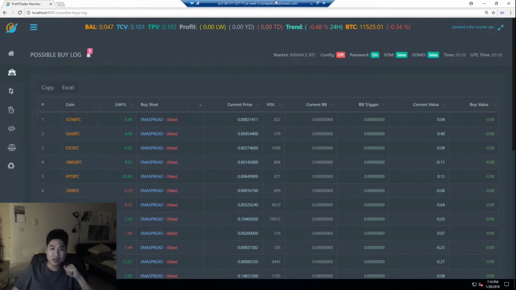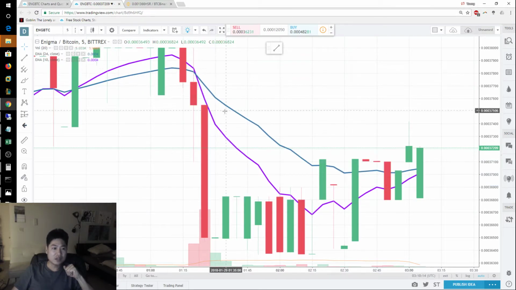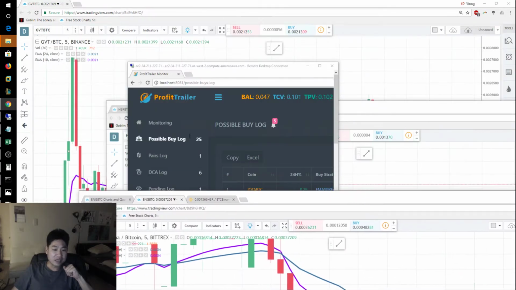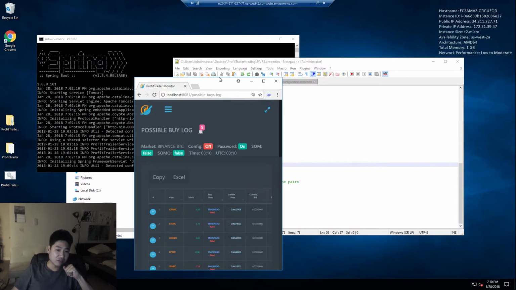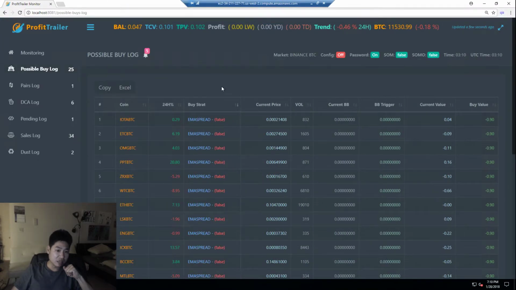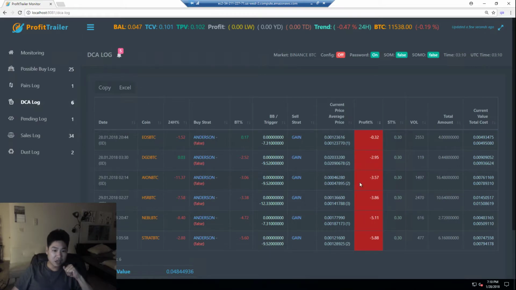Just real quick, something just happened, and I just wanted to let you guys know. There is a bug in ProfitTrailer, and you have to get this thing rebooted I think every 12 hours. That's what I feel like you have to do. Here it wasn't looking at the right price for HSR for a while now. Hopefully I could get out of this bag, because this is a triple DCA, so I really need to get